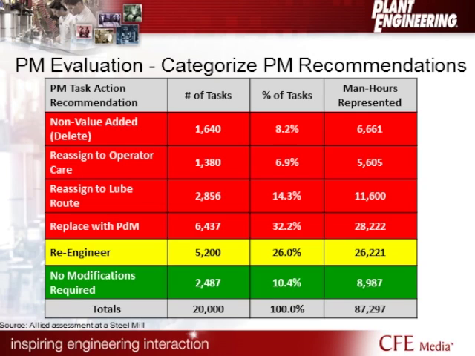We also were able to move 6.9% over to the operator care route. You can see the amount of hours that represents. And then we also moved 14.3% over to lubrication routes. Now we can task qualify individuals to attack those lubrication routes. They can move through the facility much more efficiently. They know what they're looking for. They know that grease is not grease and oil is not oil, and you can't mix the two. They're making sure they keep our oil clean, keeping our grease fresh, making sure that we beat those shelf lives on all of those. So all of those best practices can be handled by the lubrication team.